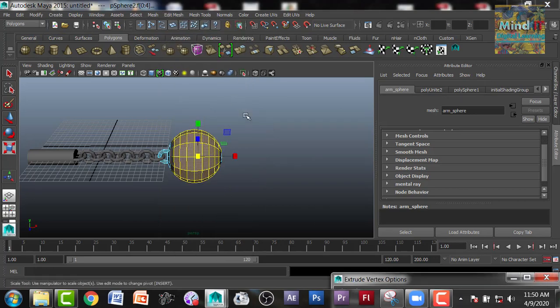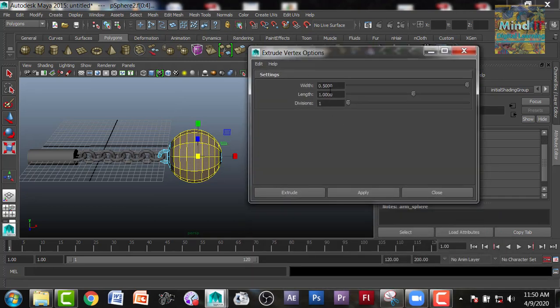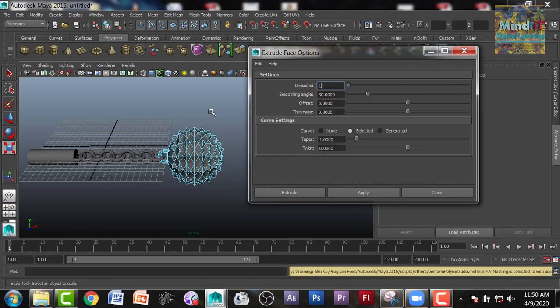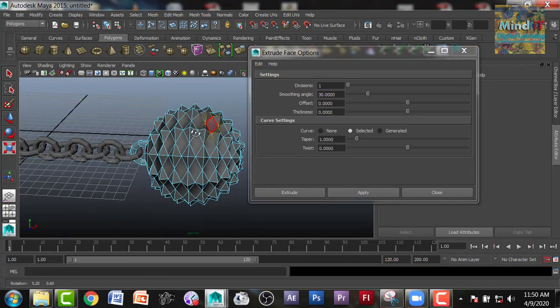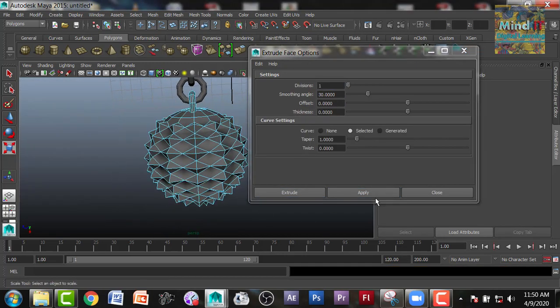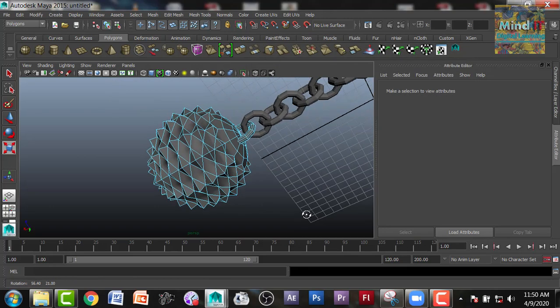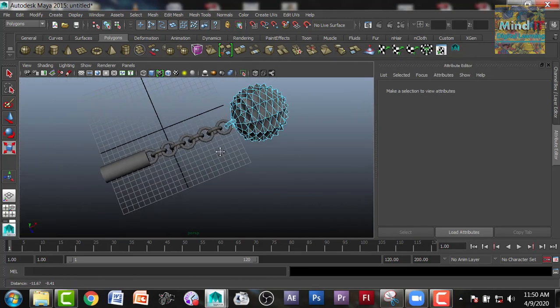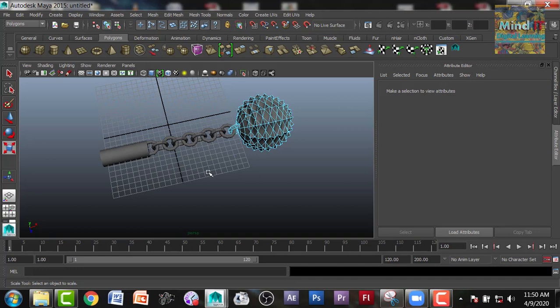Now what you see, a spiny structure is formed. Okay. You can see a spiny structure. It is looking quite nice. Okay. Now I have completed the modeling of the weapon. I will apply material on them.